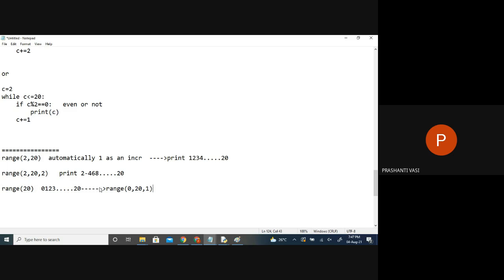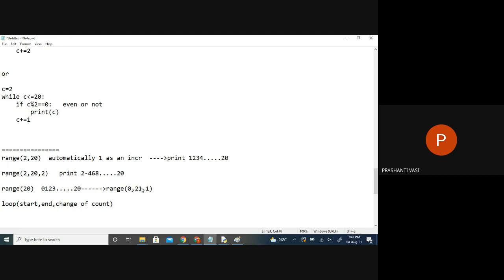Because what is important in loops? In loops, what information do we need? Start, end, and change of the count. These three things are important. So inside the range function, we can pass at most three numbers. The first number is the starting value. The next number is where we have to stop. If you don't want to stop at this number, what do we have to mention here?